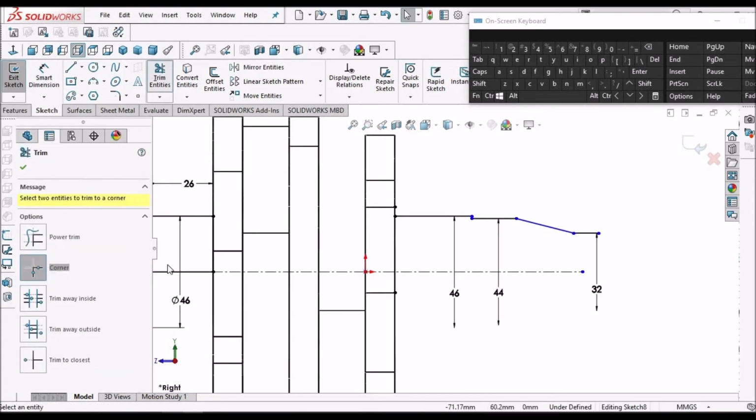And trim this, convert entity and this line.